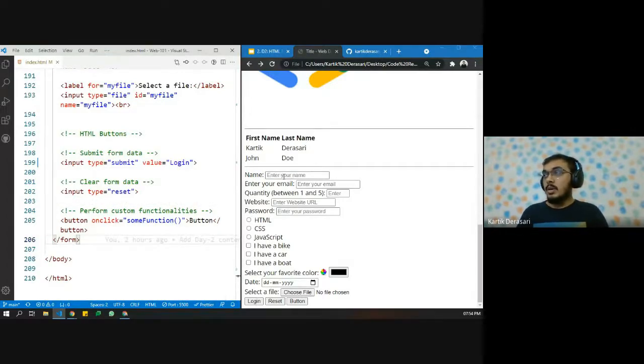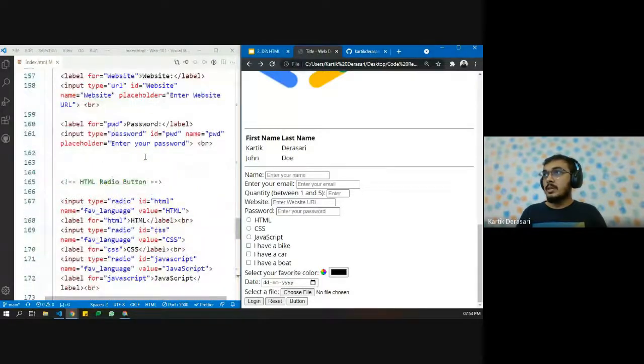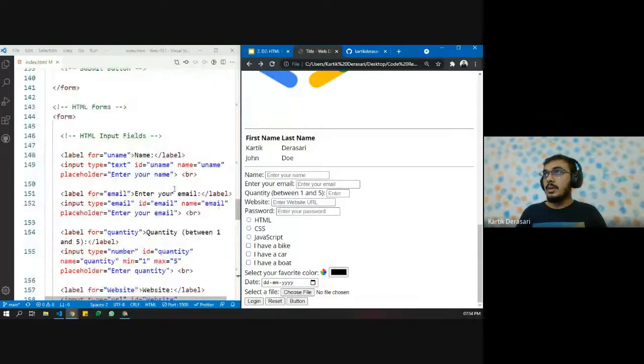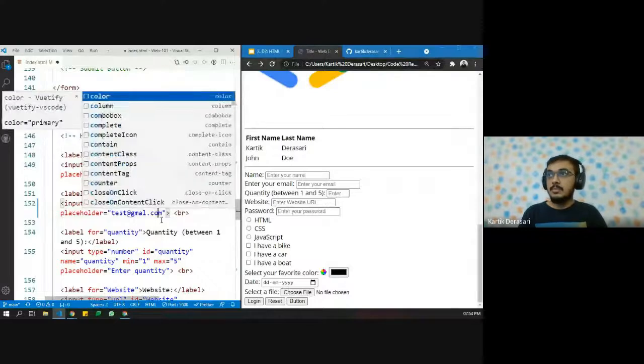Whenever we want to let the user know that we want them to enter some kind of data, for example, we do have name, but if we want to tell them to enter your name, then we need to use placeholder for that. And we can also, for example, mention it in this way. Instead of enter your email, we can say test@gmail.com.